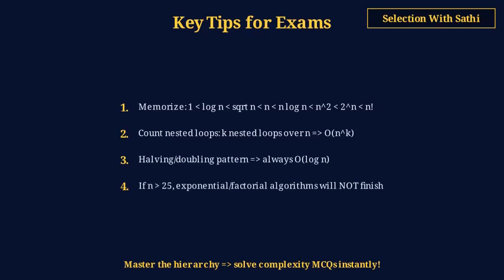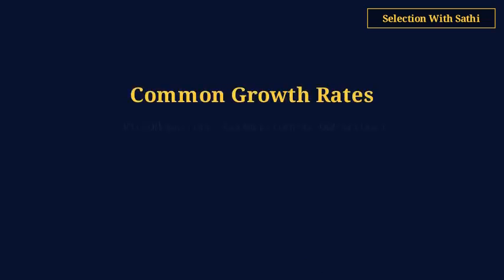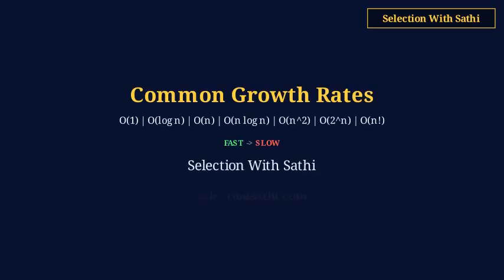Tip 4. If your algorithm is exponential, O of 2 to the n, you need dynamic programming to bring it down to polynomial. The classic example is Fibonacci. Naive recursion is O of 2 to the n, but DP makes it O of n. That was common growth rates explained with code, tables, and real numbers. We covered the full hierarchy from constant to factorial, saw how operation counts explode for exponential growth, and learned when each